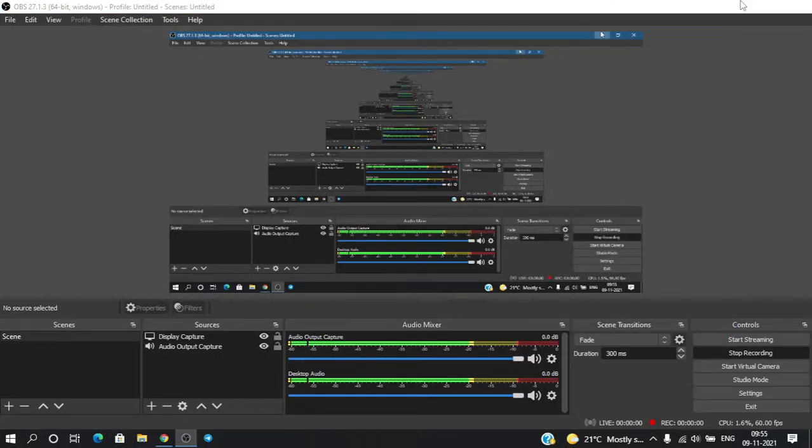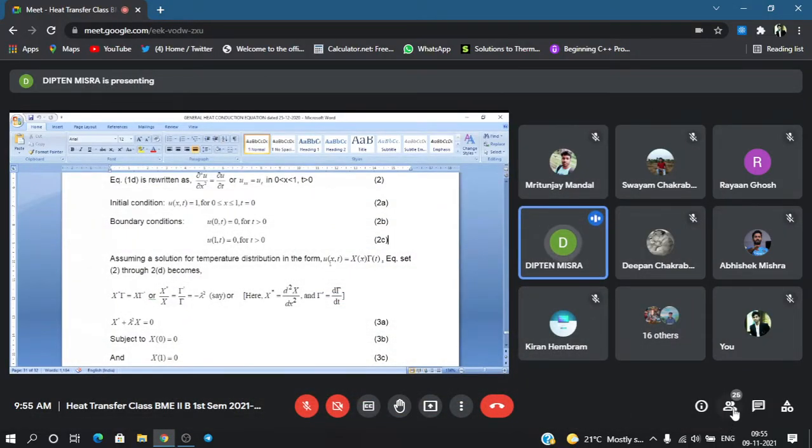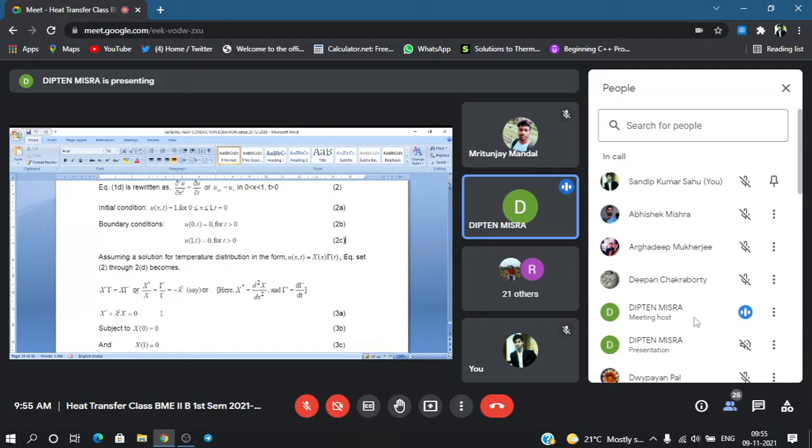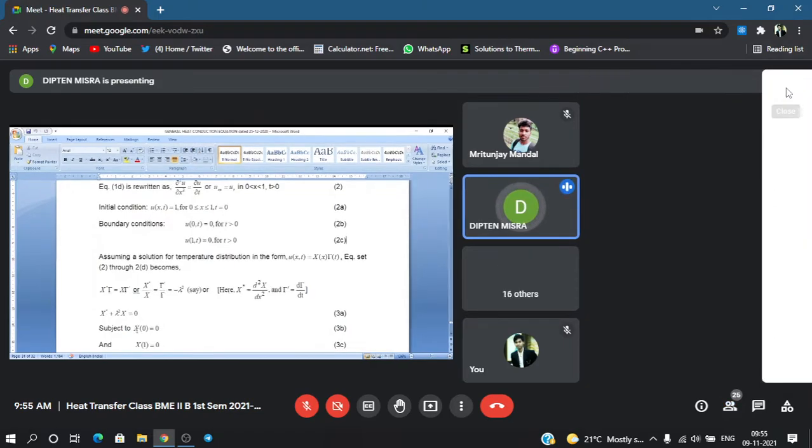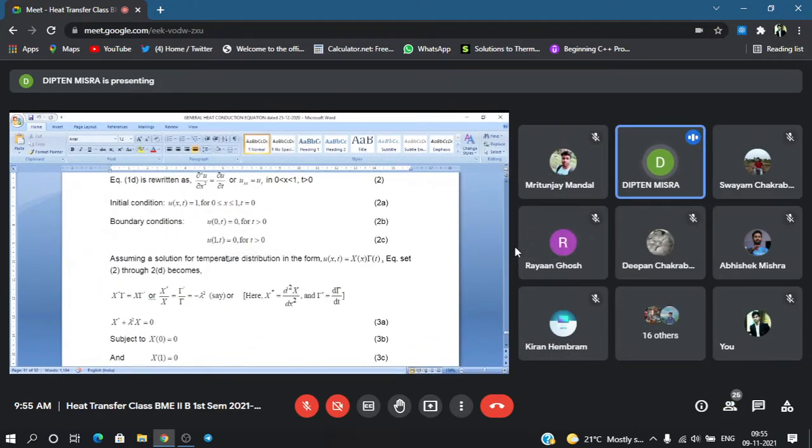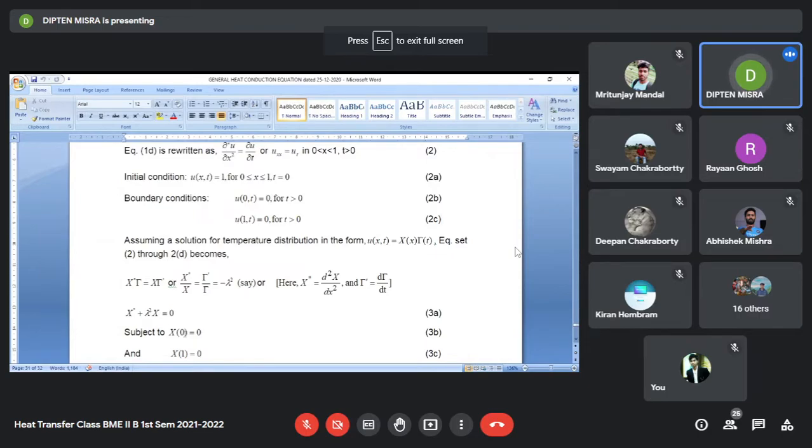This is why we have written from the boundary condition. We can derive, or logically argue, that this will be possible. This temperature will be equal to 0 if X is equal to 0 at small x equal to 0. And similarly, from the other boundary condition, that is u is equal to 0 at small x equal to 1, that is on the other boundary, u is equal to 0.